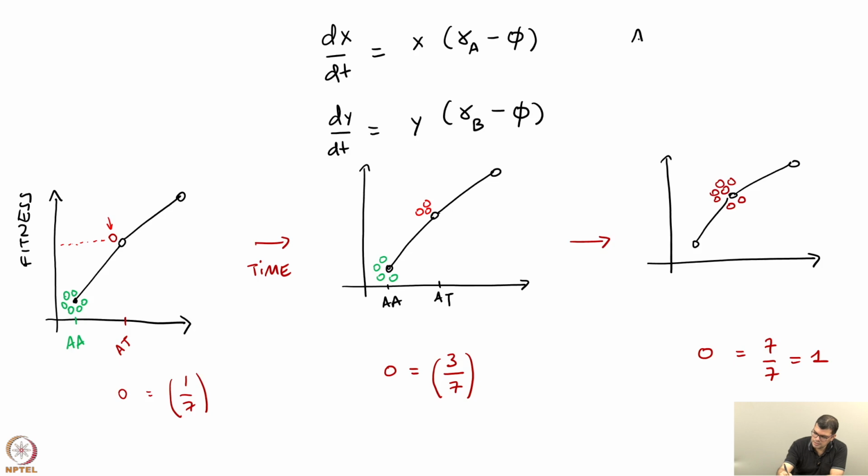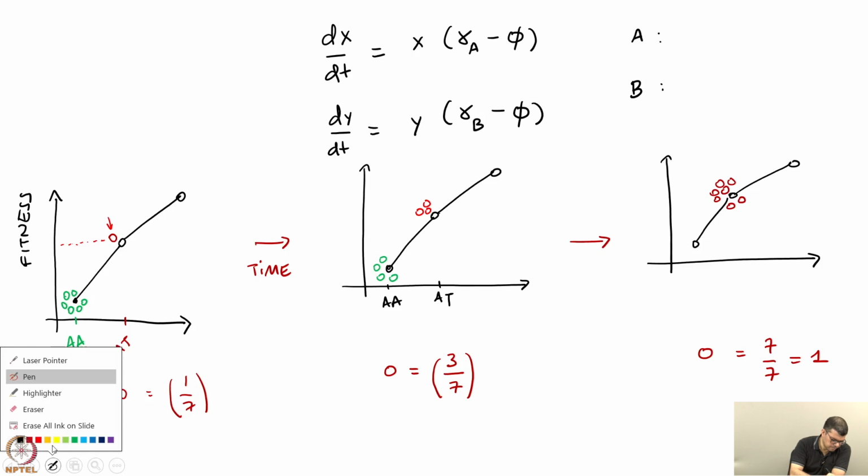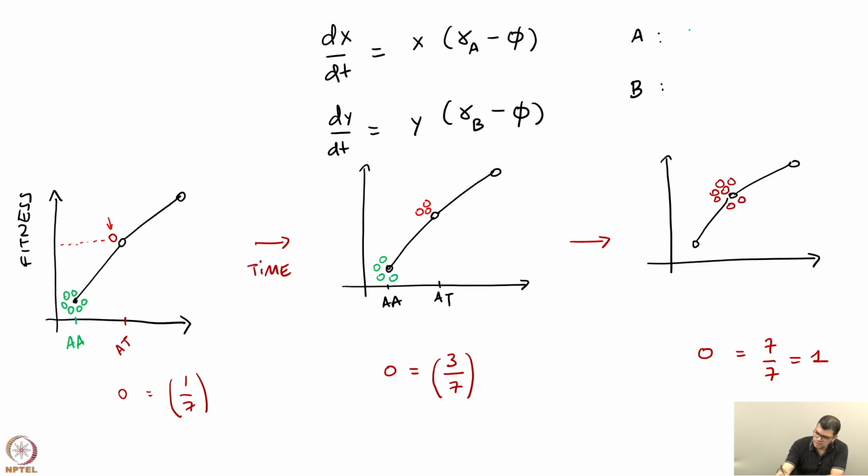And in this case, a and b are the green individuals and the red individuals. And because in this case from the graph we know that fitness of red individuals, which is RB, is greater than fitness of the green individuals RA, and phi if you remember is the mean fitness of the population,